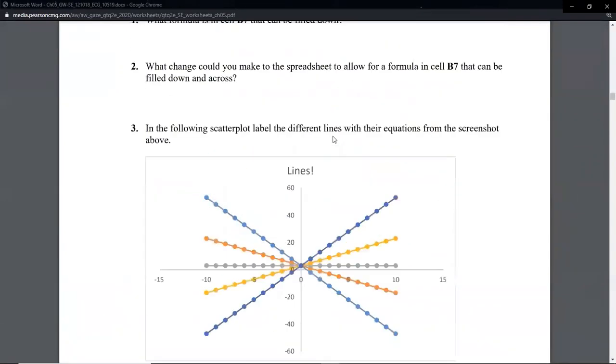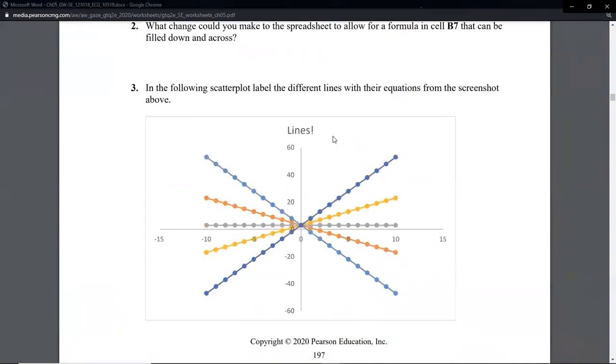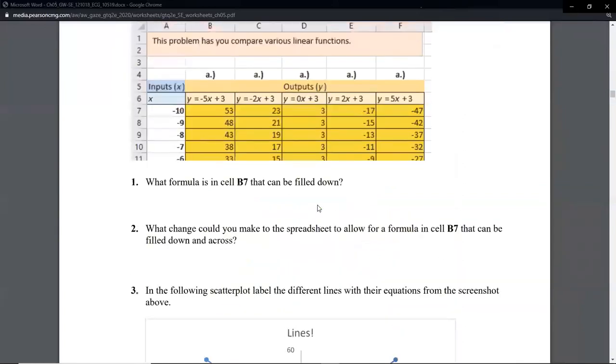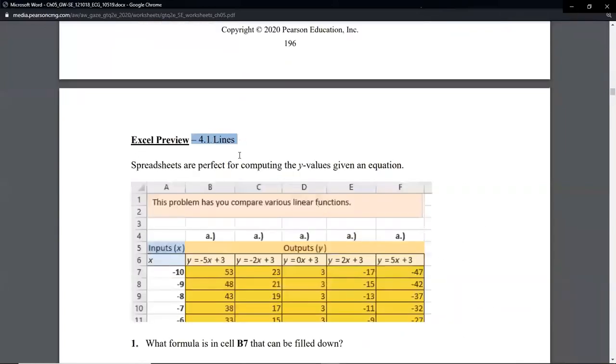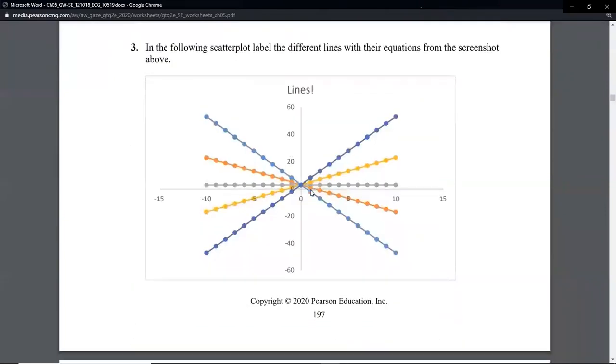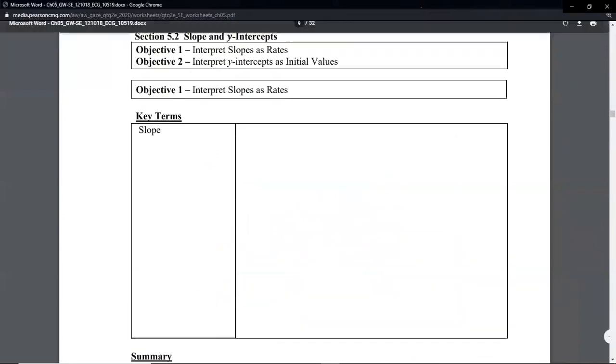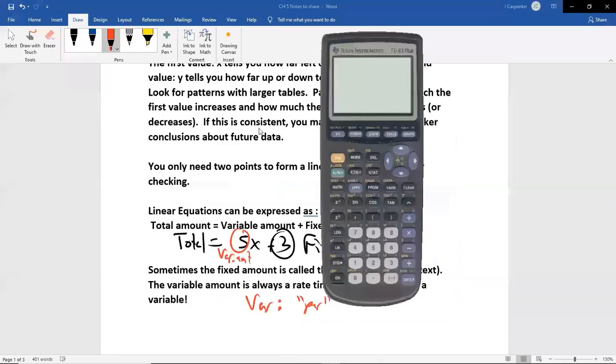So here's a picture that might help you know whether you got your graph right or wrong when you go to do this assignment, because a lot of people end up having an extra line in this or one less line than what's necessary. So you've got something to compare and contrast to. So just remember that. So yeah, FYI, this is going to be our next Excel homework 4.1 lines. But I'm not giving you a due date yet because I want you focusing on the test, the midterm. All right, so that's that for that.